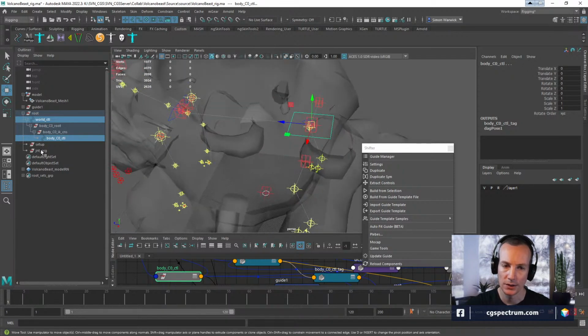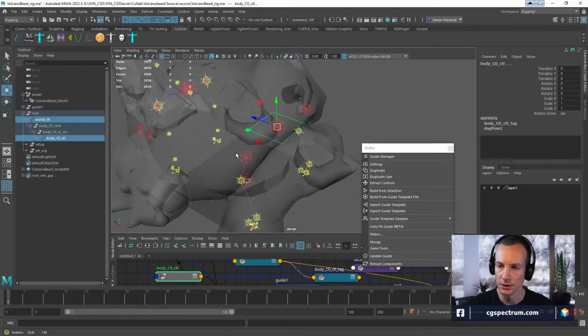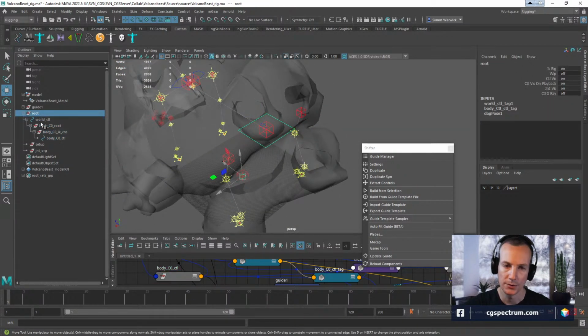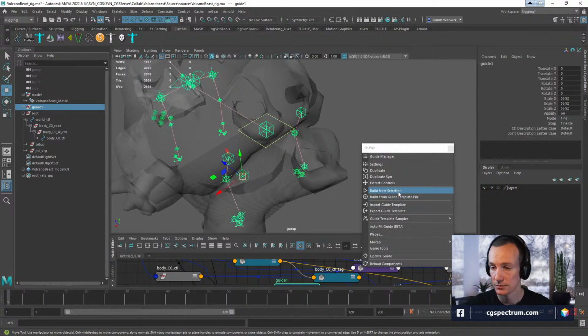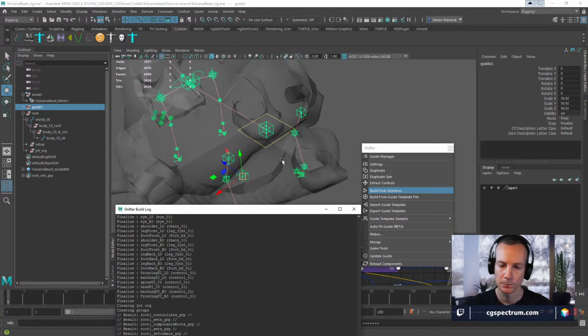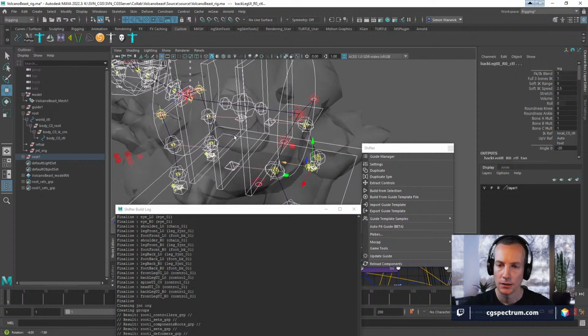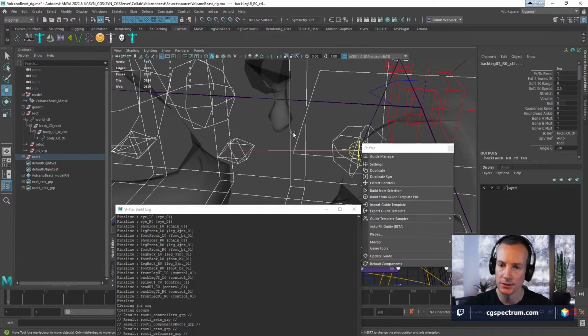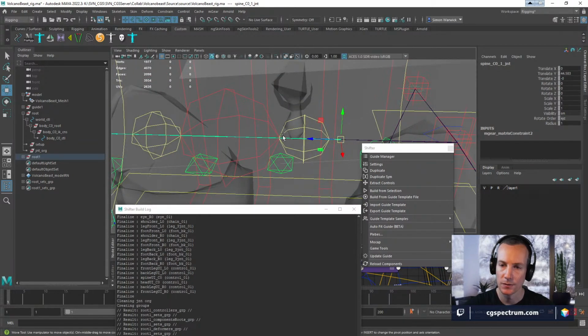Well, I was going to show you how a skeleton had multiple joints, but I'm a little bit concerned I'm not even getting this to build. Oh, here it goes. Now it works. Why didn't it work the first time? Anyways, I'm looking for it to create multiple joints on that spine, because you just have to figure out what the joint number is that you want to connect your control to.